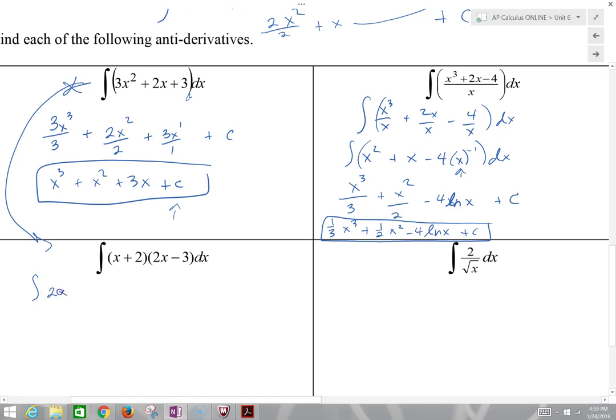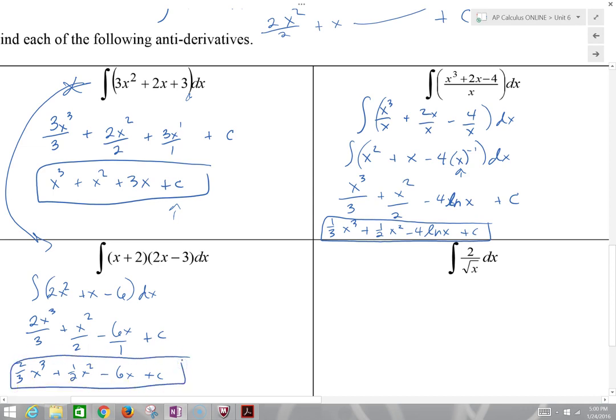and we get 2x squared plus x minus 6, I skipped a few steps. Now we can take the antiderivative of that. So we have 2x cubed over the power plus x squared over the power minus 6x over the power plus c, which is 2/3 x cubed plus 1/2 x squared minus 6x plus